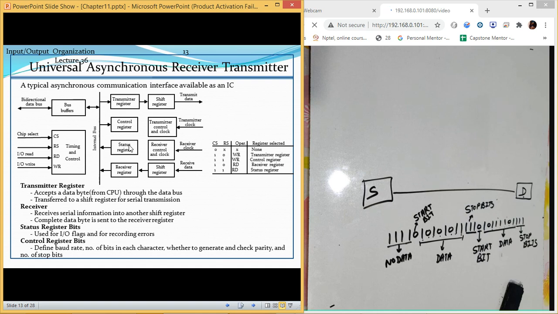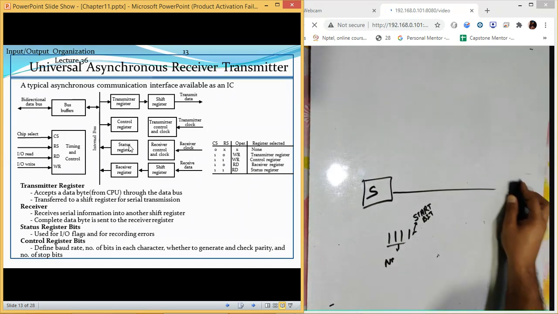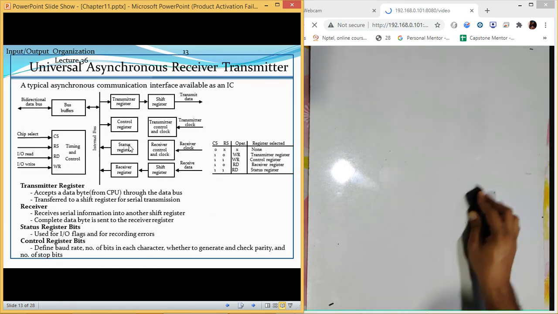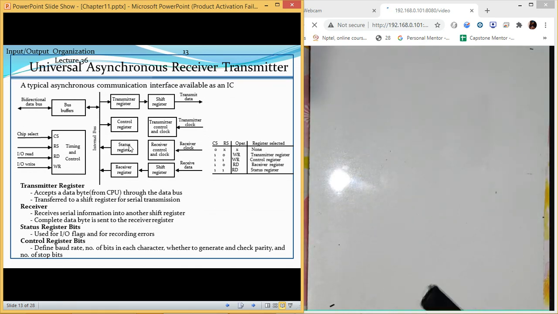So what is it? UART is the universal asynchronous receiver and transmitter. This one circuit can be used to transmit the data, or it can be used to receive the data. Now if you check this, chip select is the same.